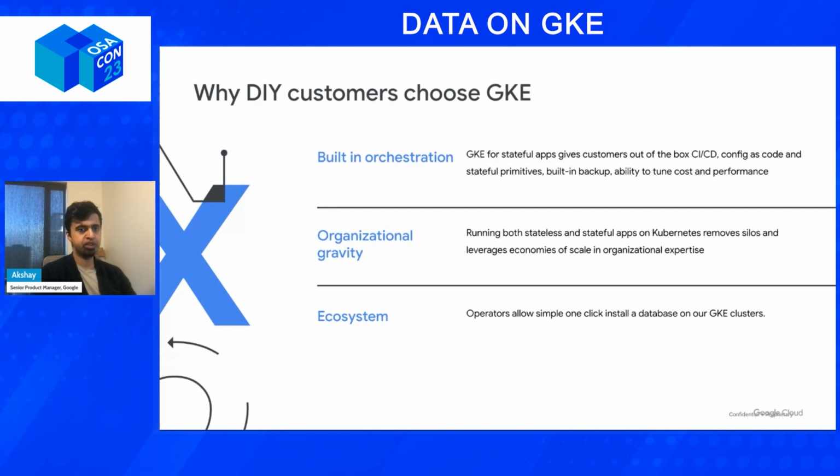So it gives the infra team consistent operational practices for the infra for both stateless and stateful and data apps. And then, as you can see, our ecosystem on the data on Kubernetes, as you saw, like some of the stats I shared before, the ecosystem is really developing fast. So a lot of customers do benefit from either the OSS operators or the first-party operators to really benefit from